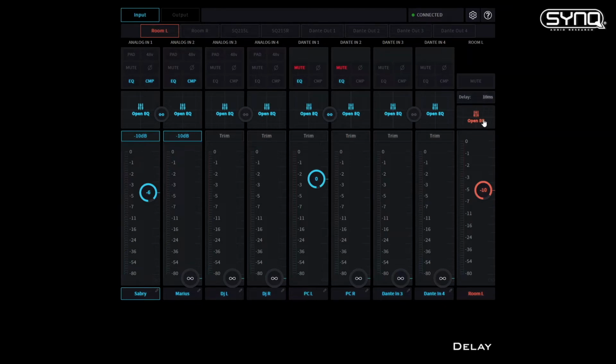Okay, so let's have a look at the output. What you see here is only for the analog out, as discussed previously. So I click here, I have a shortcut. I can set the value. I do right-click, I can set 50 milliseconds. You can go up to 100 milliseconds.